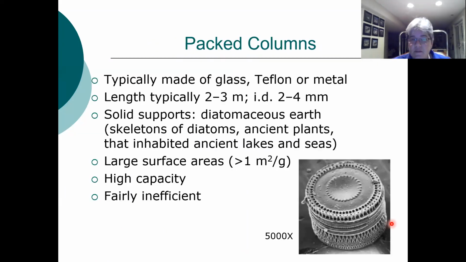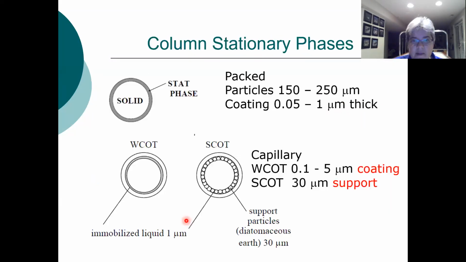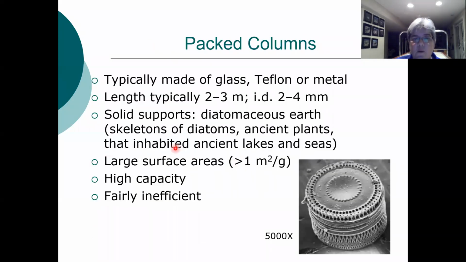Okay, so the packed columns can be made of a lot of different materials. They're normally only about 2 to 3 meters long, and their inner diameters are 2 to 4 millimeters, so pretty small. Now, what are these? We've said there's this stationary phase on a solid support. So usually the solid supports are made of this thing called diatomaceous earth, which is basically SiO2. These are actually the skeletons of ancient plants, and